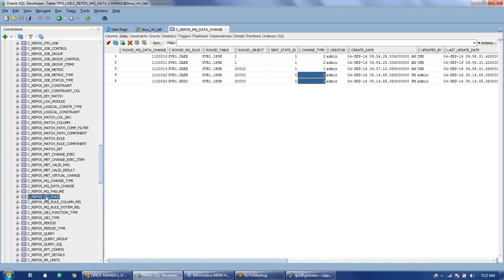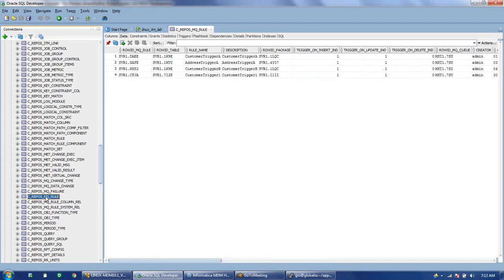And then similarly, rules, you can see cRepos MQ rule. If we come here, we can see these. For customer, we have created two triggers, customer trigger A and customer trigger B. And this is the name of the MQ rule. The same value, row ID MQ rule, we are seeing in the cRepos MQ data change.